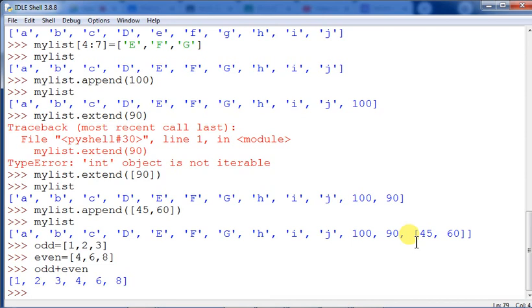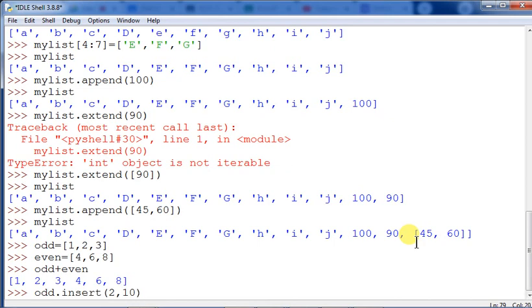Furthermore, we can insert one item at a desired location by using the method insert, or insert multiple items by squeezing them into an empty slice of a list. So what could we do here to do the insert? Suppose odd is the existing list. We write odd dot insert, and I give 2 comma 10.